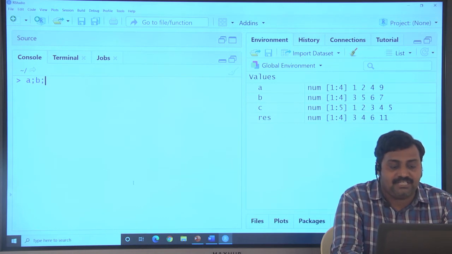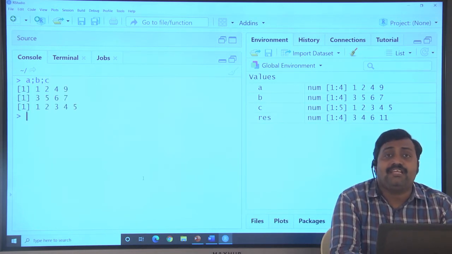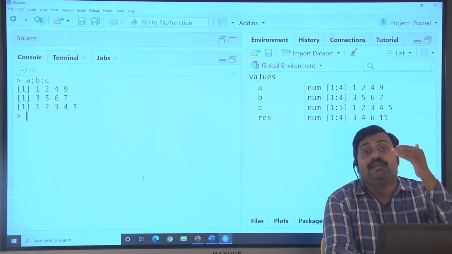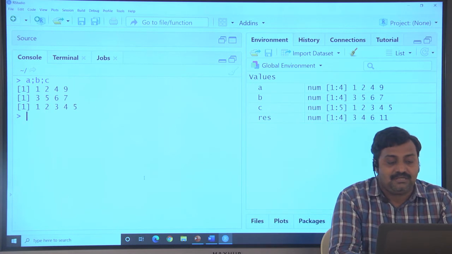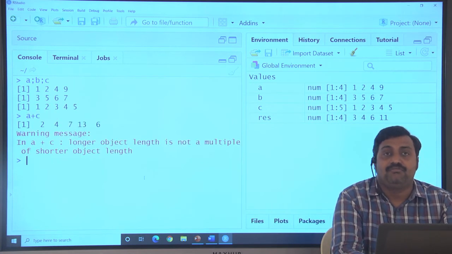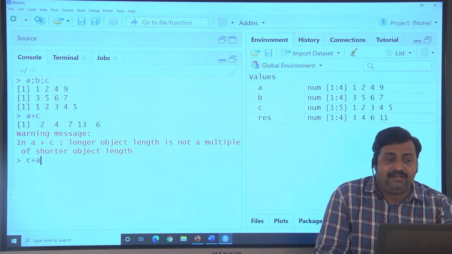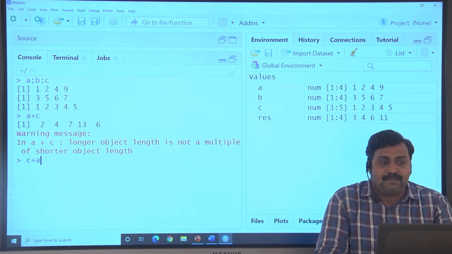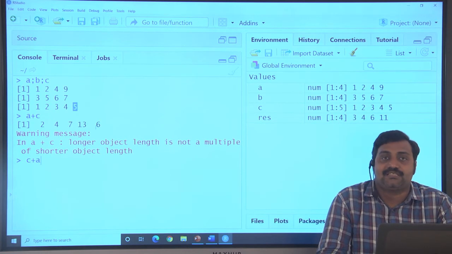Now reverse. A is 4 values, B is 4 values, C is 5 values. Just now we did A plus C, where A has the lesser length and C the longer length. Now C plus A, what will happen? In A plus C: 1 plus 1, 2; 2 plus 2, 4; 4 plus 3, 7; 9 plus 4, 13. The 5 value is added to the first value, so 6.